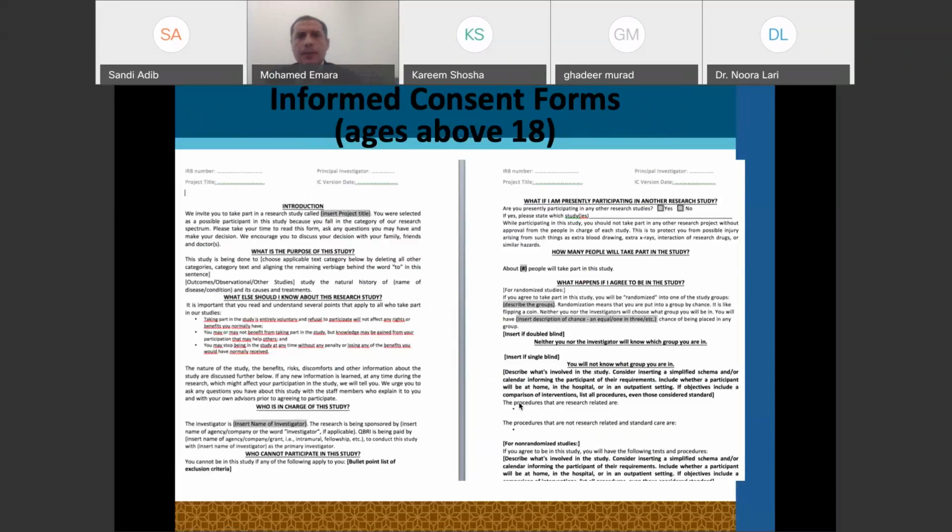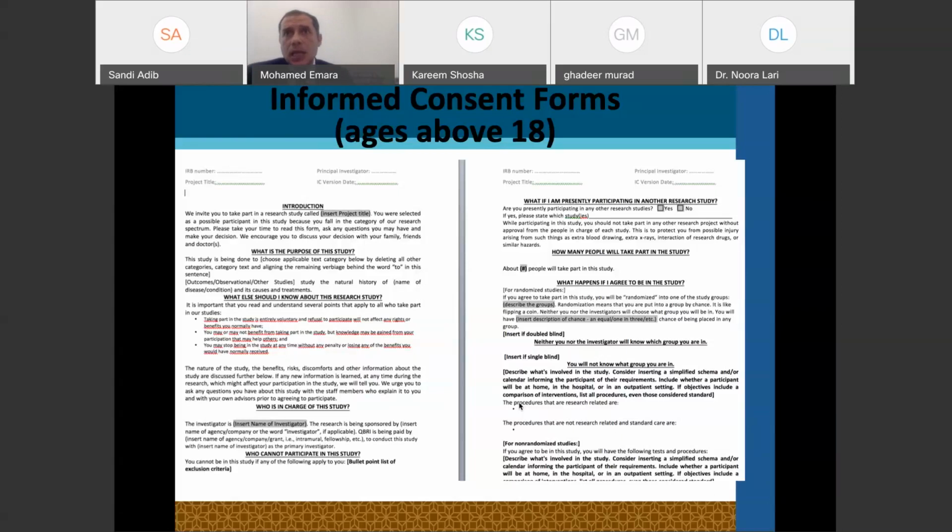Okay, let's take an example of an informed consent form. This is an informed consent form for an age above 18. And from now, I'm going to tell you something very important, which I'm going to say later. Having a participant above 18 is much easier for your application than below 18. It doesn't mean that you don't work with those below 18. What if I am someone who's working with ASD, autism spectrum disorder? I have to work with children below 18 years old. My study is like that. Halas, it's fine.